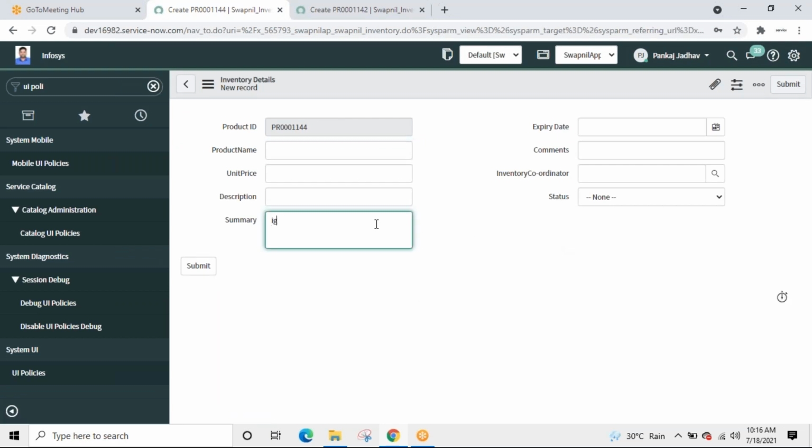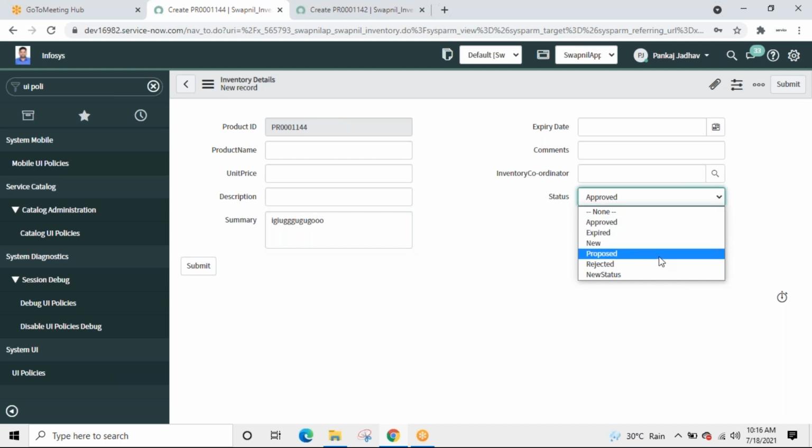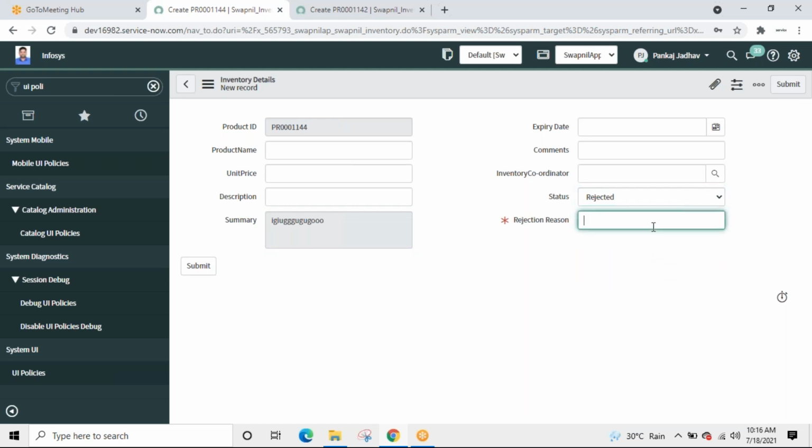Okay. Now, is this read only? No, I can type in something. But now, still it is editable. See, it did two actions. It showed this field as part of the first action. We created a second action to set this to grayed out. I can no more edit this field. This is the power of UI policy.